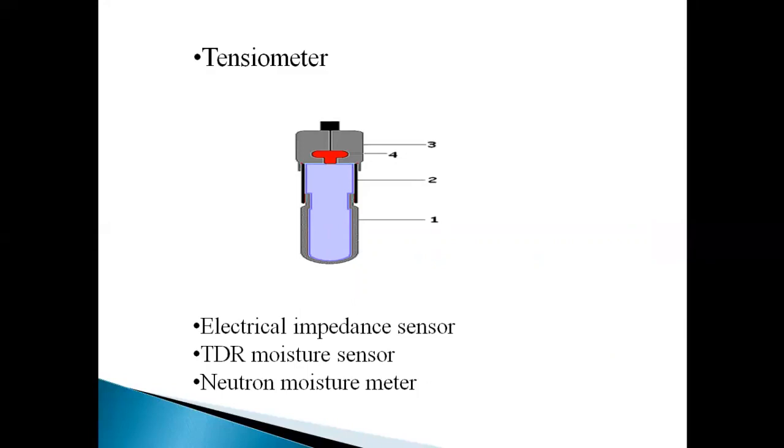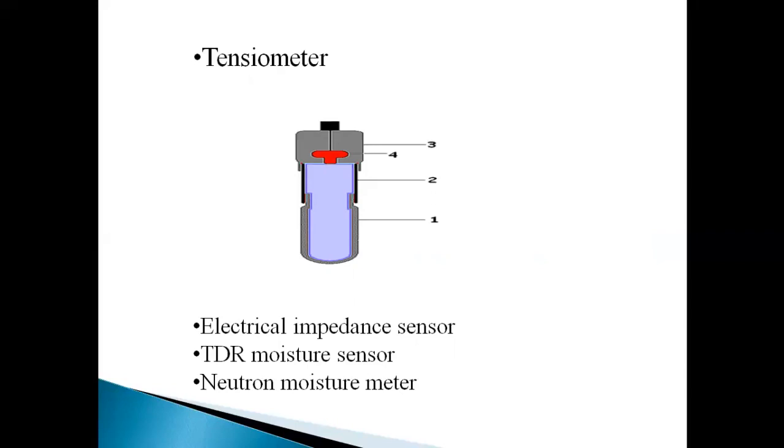Electrical impedance measurement. The most common configuration is based on the standing wave. The device comprises a 100 MHz sinusoidal oscillator, a fixed impedance coaxial transmission line, and probe wires which are buried in the soil. The oscillator signal is propagated along the transmission line into the soil probe, and if the probe's impedance differs from that of the transmission line, a proportion of the incident signal is reflected back along the line towards the signal source.